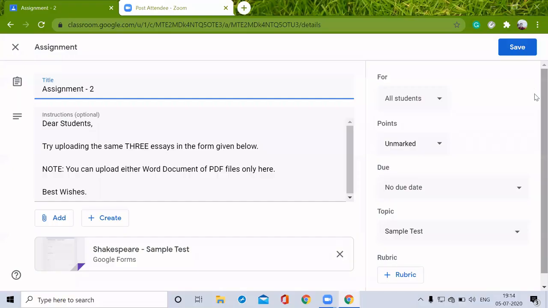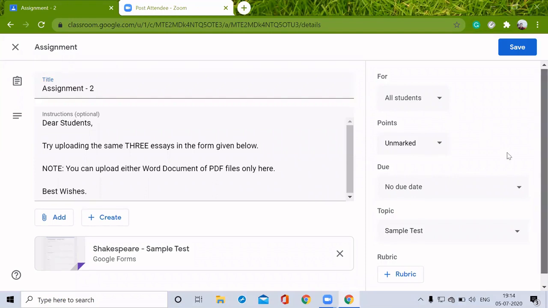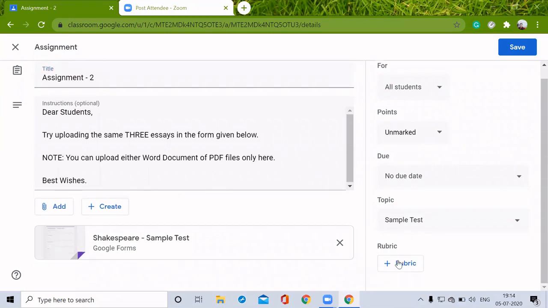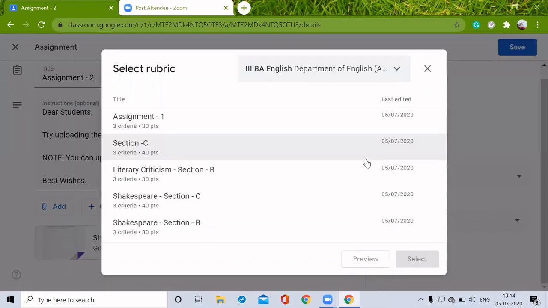Here, I'm going to use the same rubric for this second assignment. Just go to this rubric and select reuse rubric. So here we can see number of rubrics which we have already used. I'm going to use the same rubric which I have given for the assignment 1. You can select this.